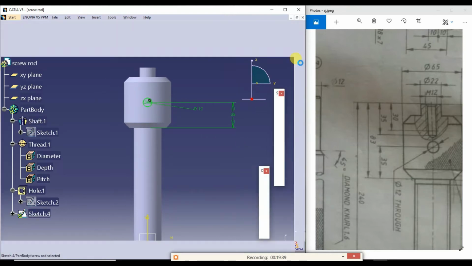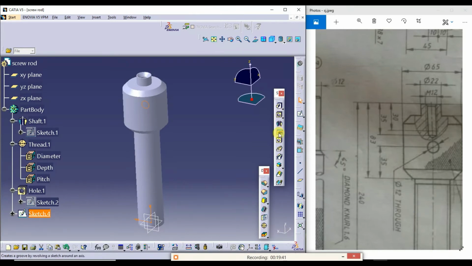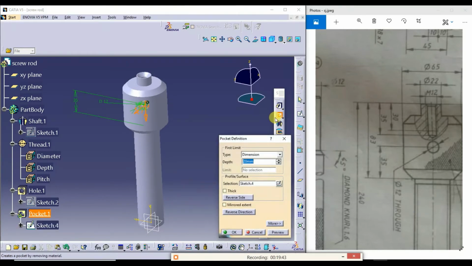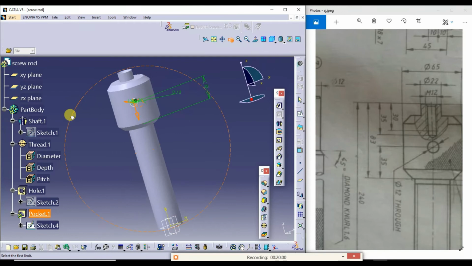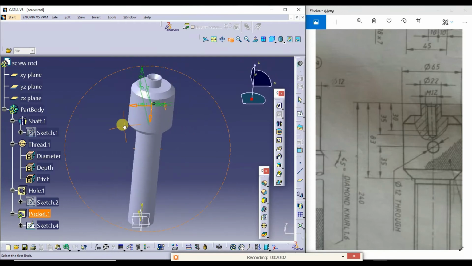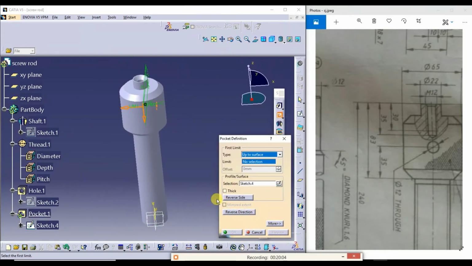Then I'll exit from the workbench. This is a cutout. Mirrored. Up to surface. I'll select the limiting surface.